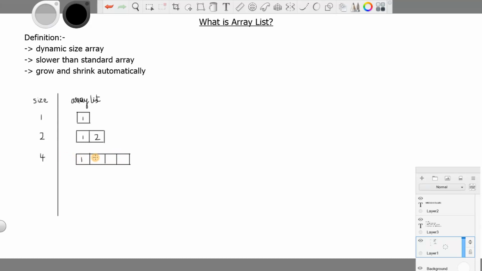So 1, 2, 3, and it's actually 4, and I'm going to add another element. Now 1, 2, 3 and 4. Now it again increases the size by 2, so it will be 8.